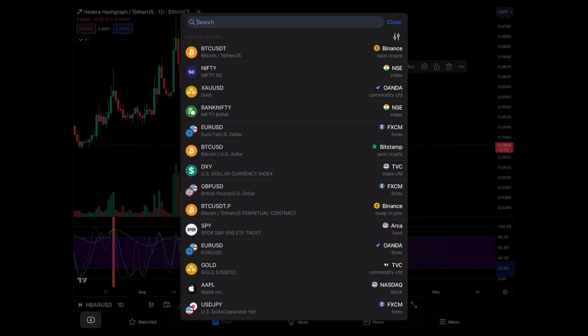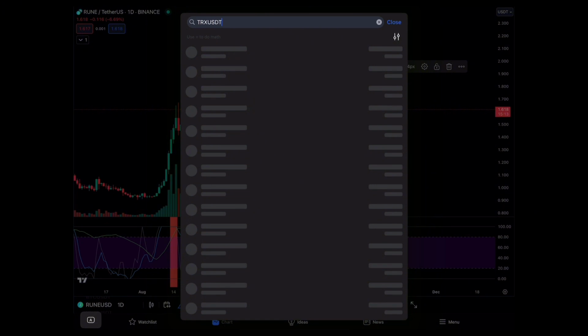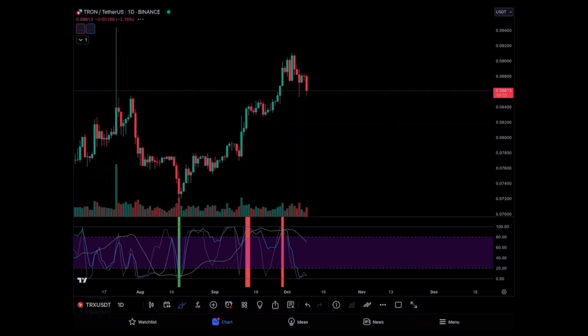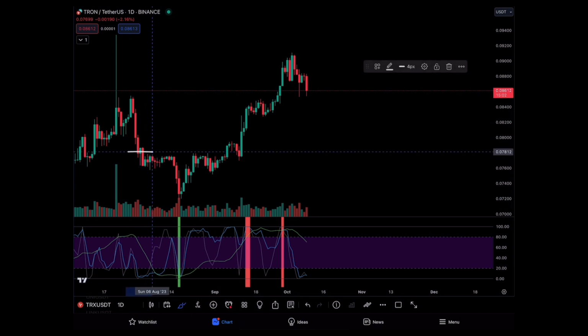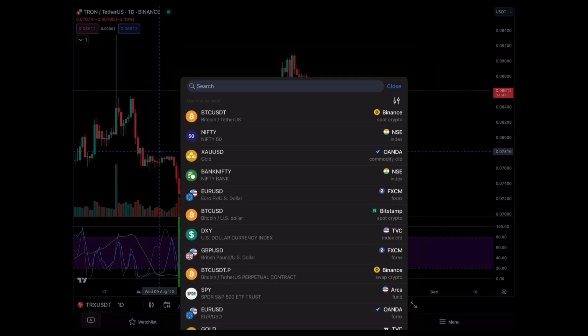TRX I already explained in my previous video, so for analysis, look at the video I posted before. This was a trade, and unfortunately this trade didn't go our way, although it's actually going our way now, but sadly it just stopped us out before doing that. So I'm just gonna skip this one and head straight to RUNE,